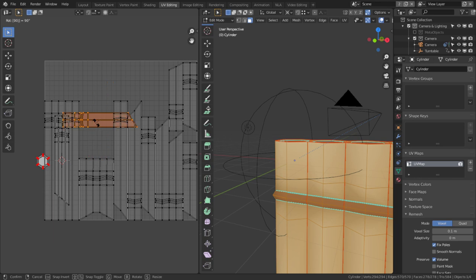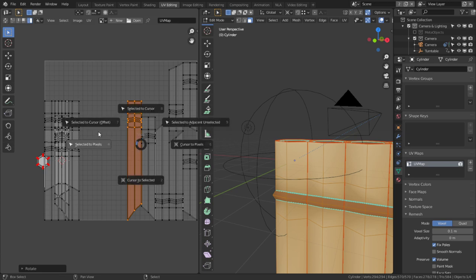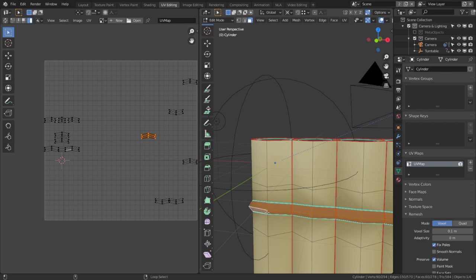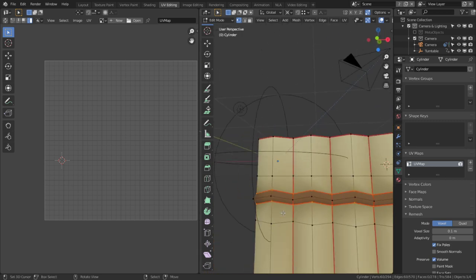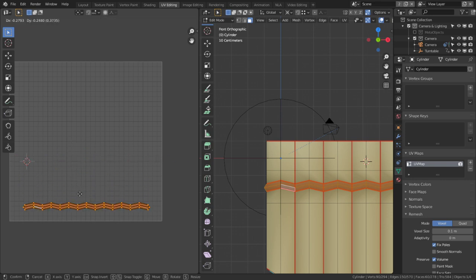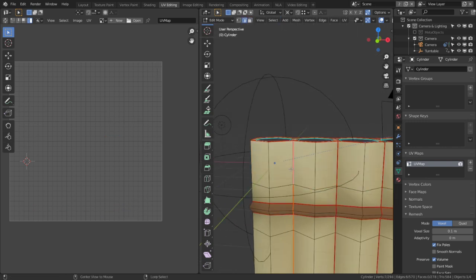Start snapping these over. Rotate that by 180. Probably good. Maybe just mark those. Maybe. Because after all, I can just select these. And project from view. And that'll do. I think what I'll do with these...